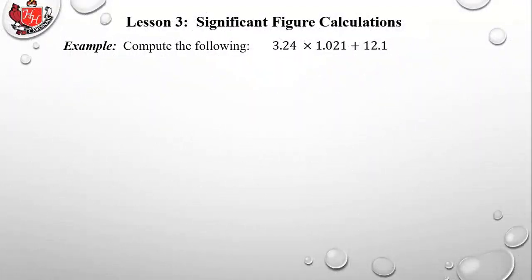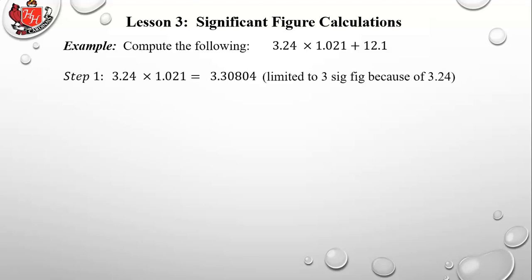Okay, so let's look at some examples here. We're going to compute 3.24 times 1.021 plus 12.1. PEMDAS says we do the 3.24 times 1.021 first. We multiply that, and our calculator is going to give us this answer of